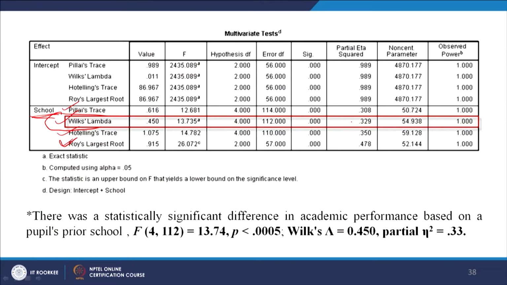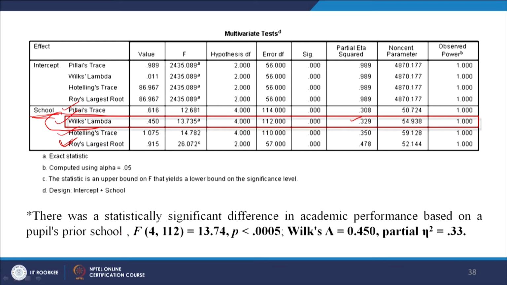So, how do you write it? If you look at it, it is significant. The eta square, what does it tell you? The eta square tells you the effect size, basically. The higher it is, from 0 to 1: 1 means it has a large effect and 0 means absolutely no effect at all.